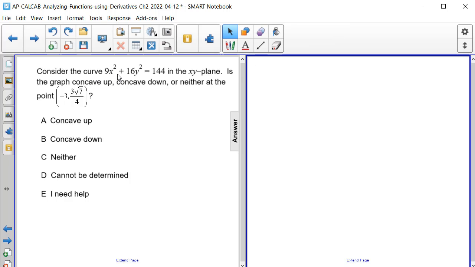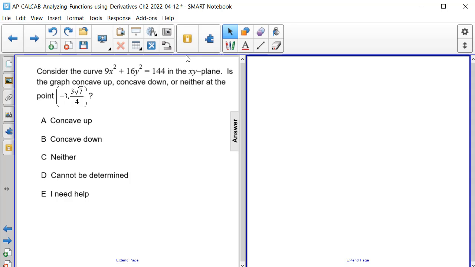Consider the curve 9x squared plus 16y squared is equal to 144 in the xy plane. Is the graph concave up, concave down, or neither at the point -3, 3 times the square root of 7, all divided by 4? Well, in order to determine concavity within any curve or function, we need to find its